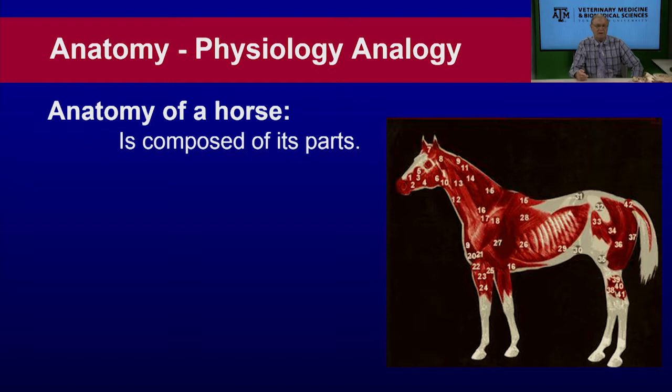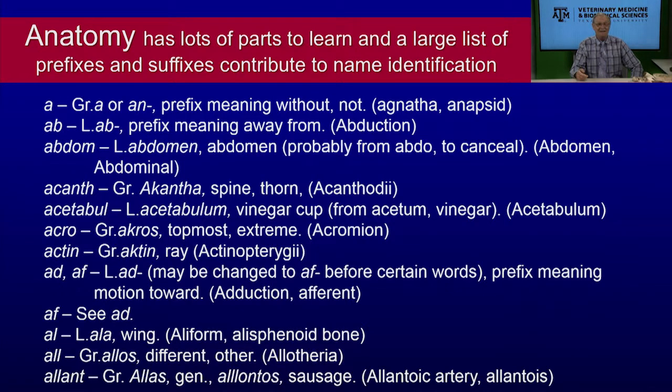So here we can see in anatomy, we have a lot of parts. You can see in that horse, you've got lots of parts there. And in anatomy, there are lots of parts to learn. Many, many words, about 4,000 or so. But they're made a little bit easier by the prefixes and suffixes of the words that help you identify the